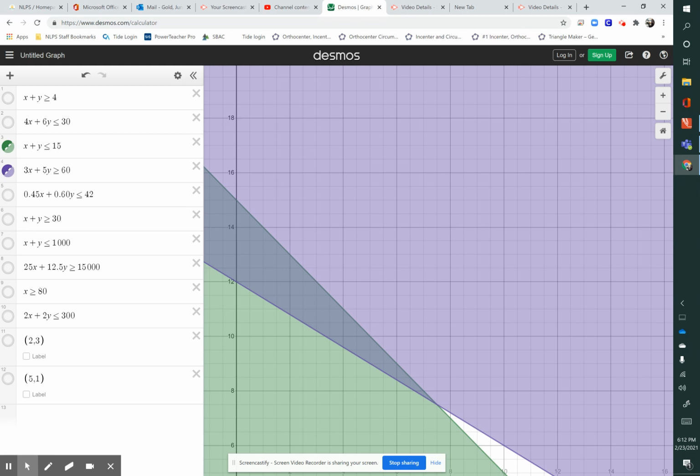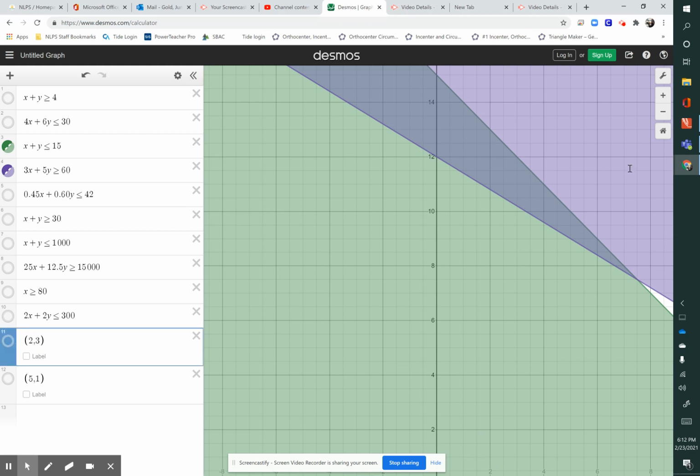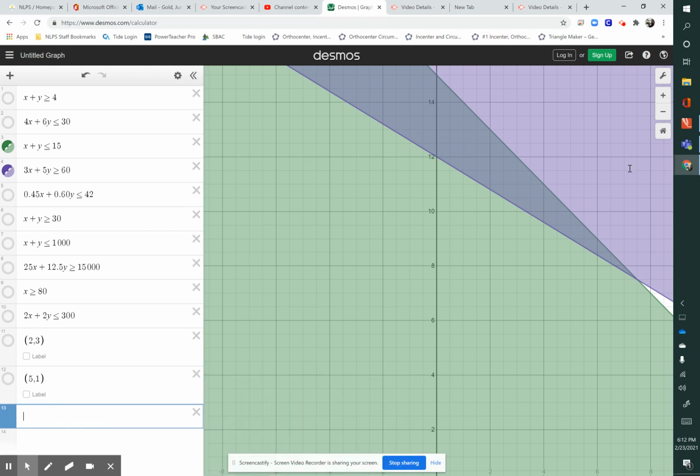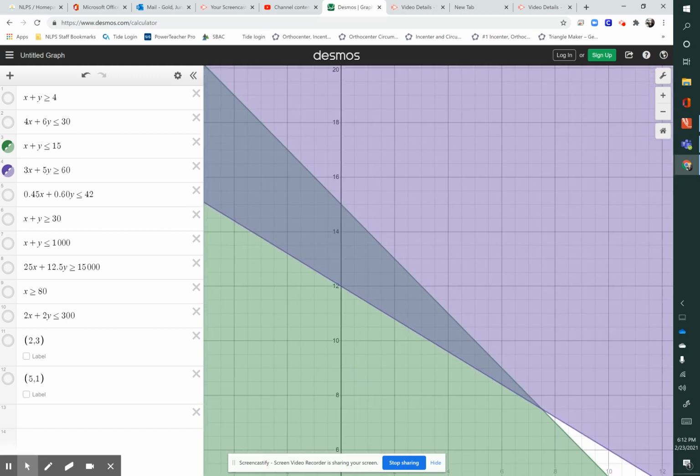So the question also asks us, what are 2 possible solutions? Well, what if we were to have 1 hour of mowing